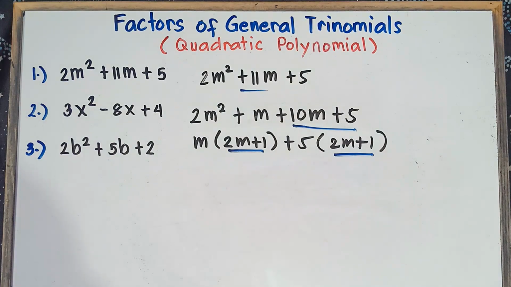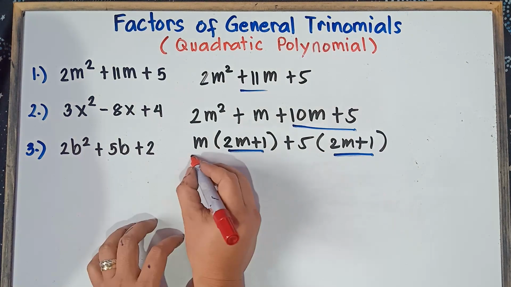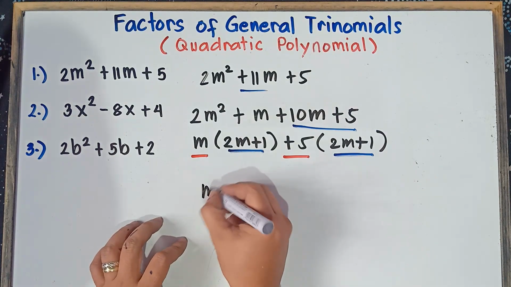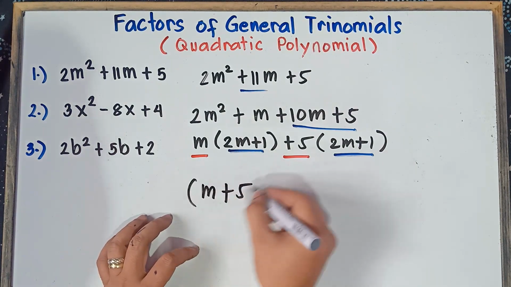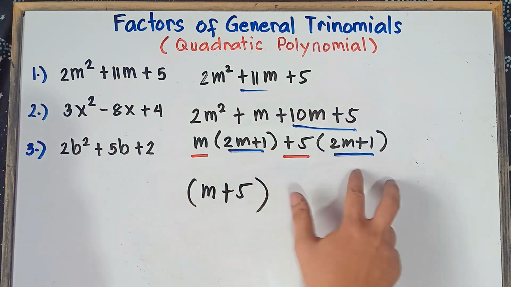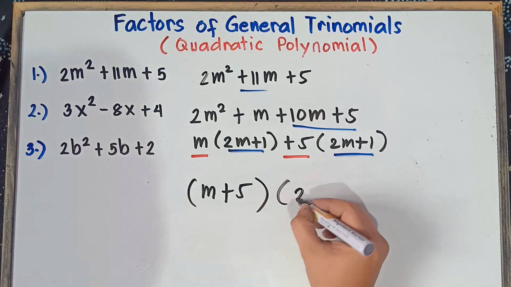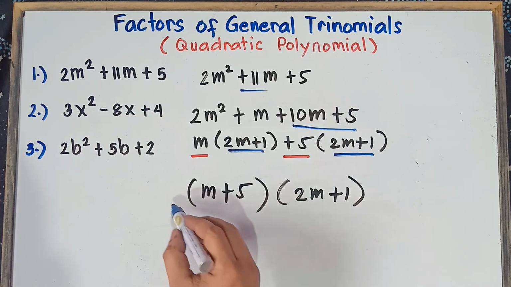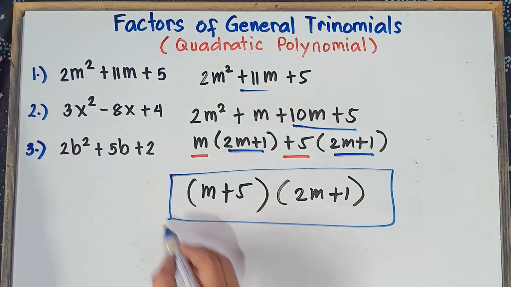So, therefore, our factors, we have, copy this one. So, it's not working. Let me just get the red pen. So, simply copy this one, m, and then positive 5. So, therefore, the factors, class, we have m and positive 5. The other factor, this one, class, two factors that are the same: 2m plus 1. That's it, class. All set. This will be our answer, class, with regards to example number 1.